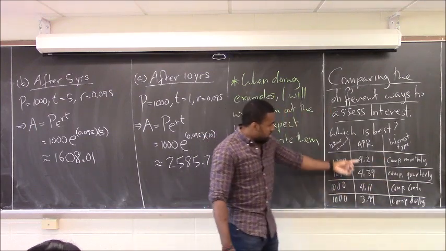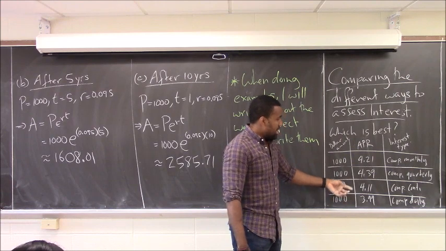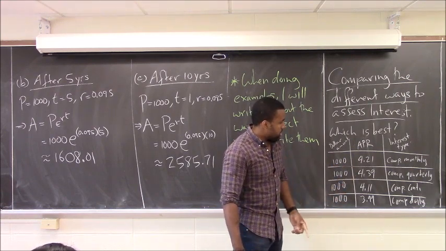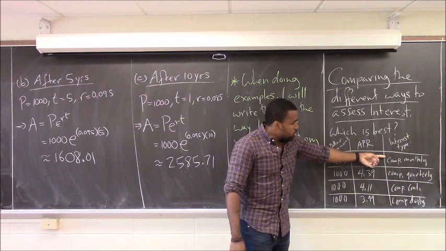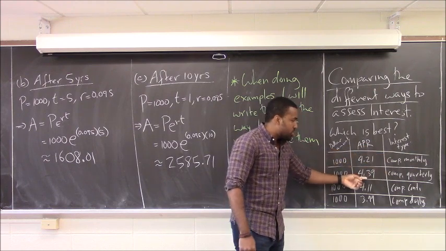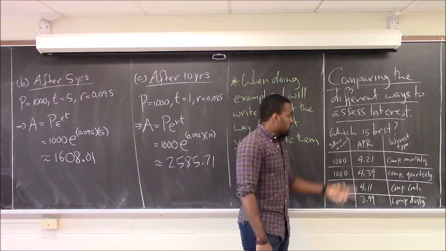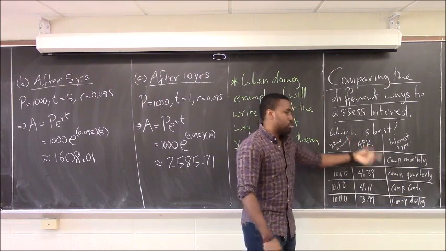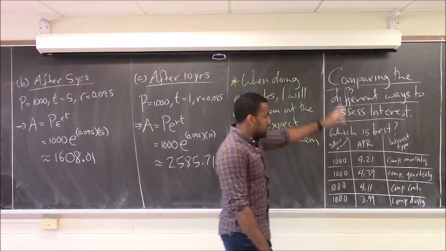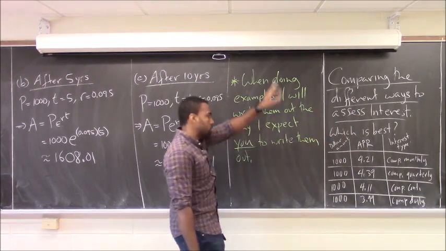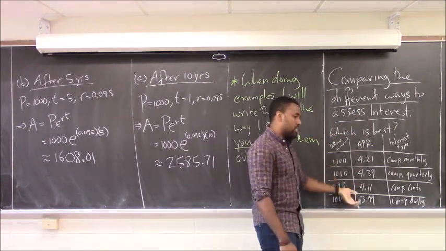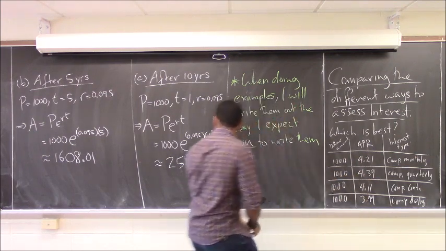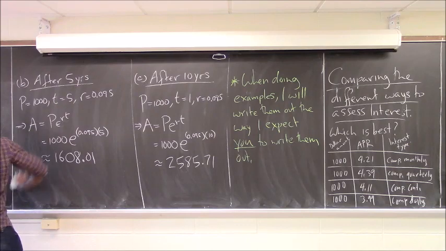But the interest rates, again, are very close, and that makes it not clear, because in general this one gives you more than that one, but this interest rate is slightly higher than that interest rate. So to actually figure out who is better, you have to go through the formula, right? You have to plug in A equals P times 1 plus R over N raised to the NT. You have to do it for each of these, and that can be annoying. You could brute force it, but there is another way